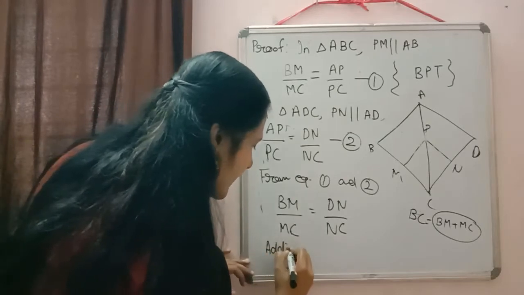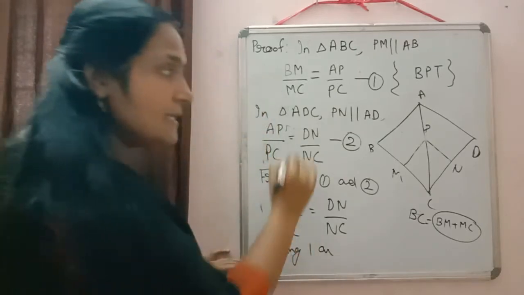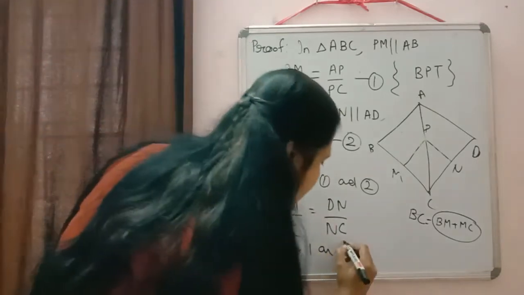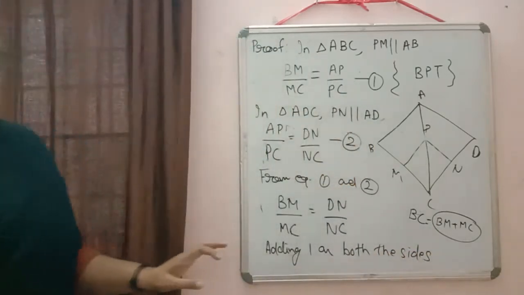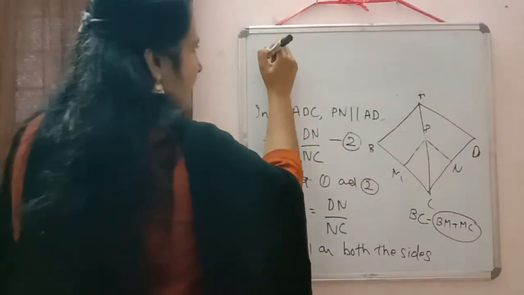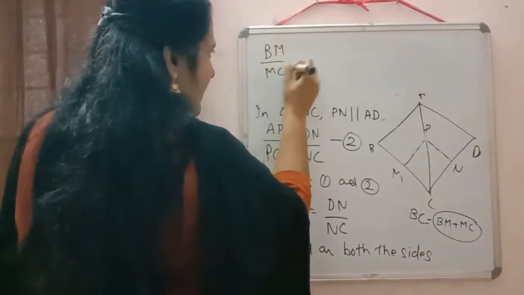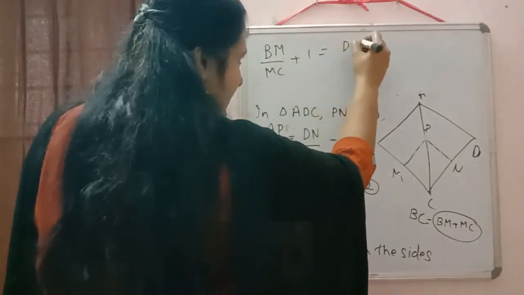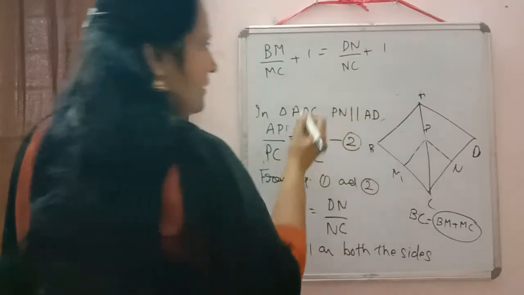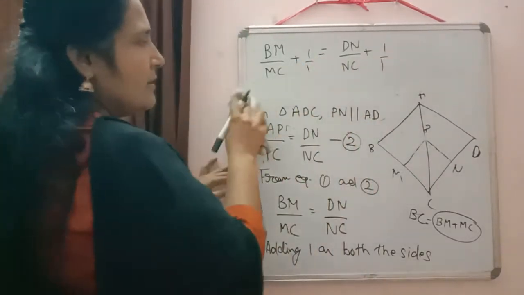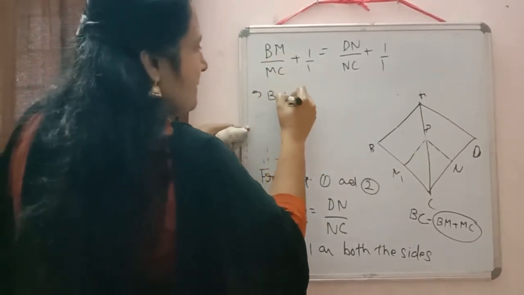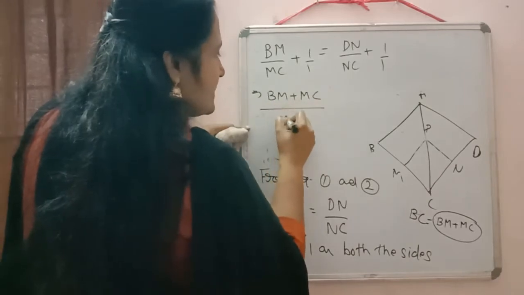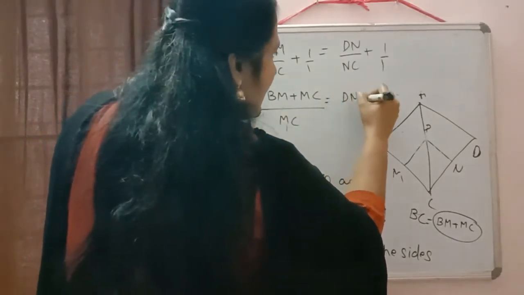Yes, what can we do? Adding 1 on both the sides. This I am doing because I need BC in the numerator. Adding 1 on both the sides. Then what will come? BM by MC plus 1 is equal to DN by NC plus 1. Now we will do the cross multiplication. After that it will be equal to, yes, BM plus MC by MC is equal to DN plus